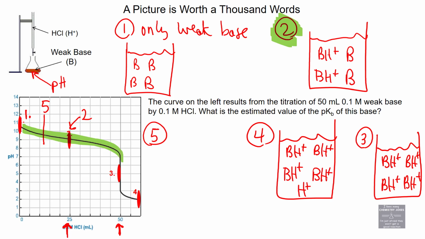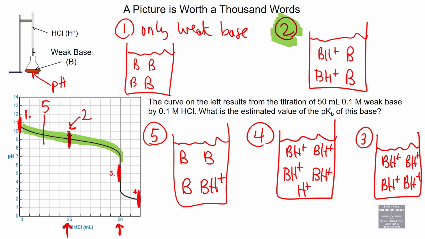You're going to have a mixture of BH plus and B, but your ratio will be different. At point number 5, you're going to have maybe 3 Bs and 1 BH plus. That's because some of your base has reacted, but not a lot. If you were at point number 6, it's going to be the opposite ratio, like 3 BH pluses and 1 B, right? Okay, let's actually answer this question that's behind here: the curve on the left